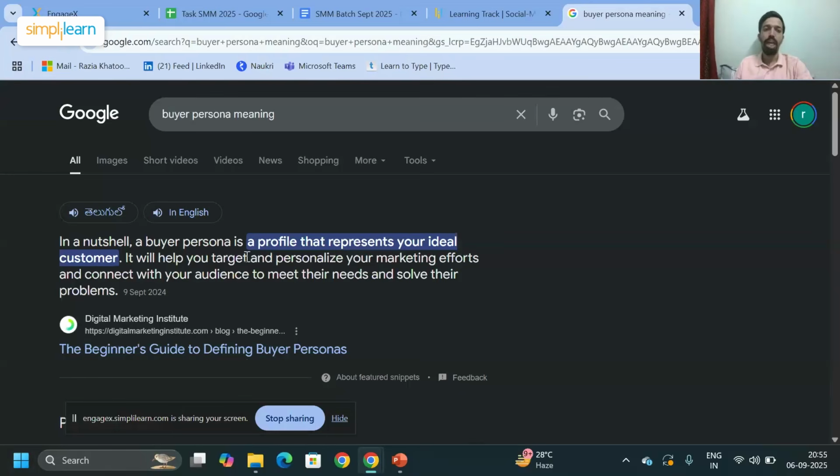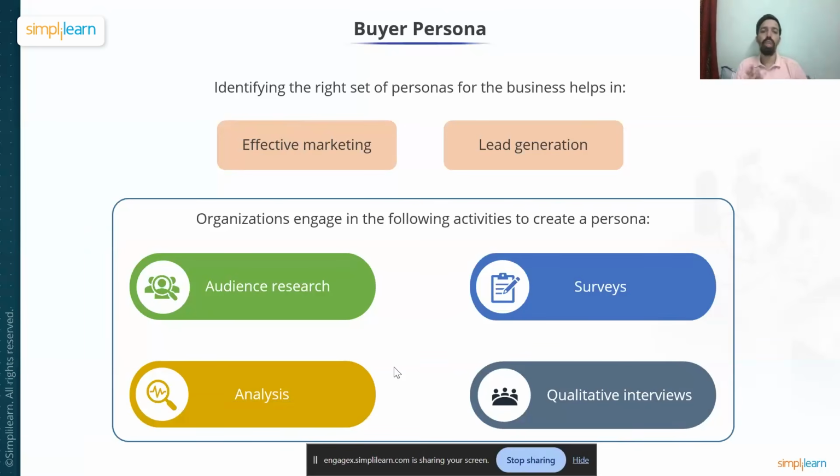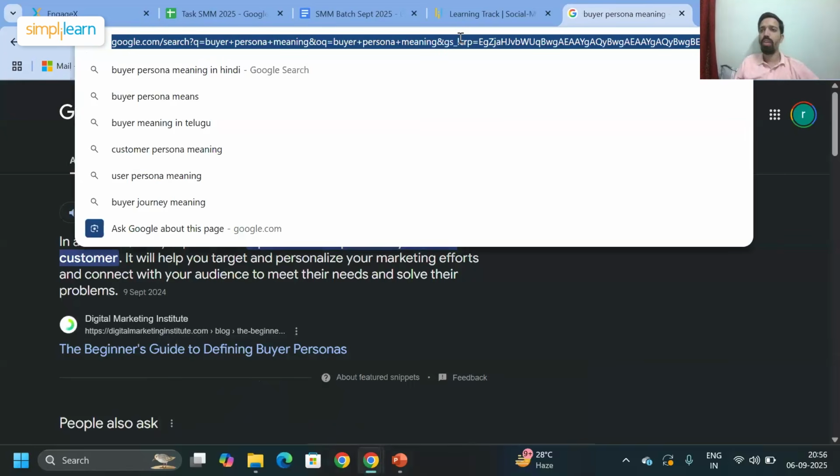Identifying the right set of persons for your business. Now what you need to do is audience research. Audience research is very important. You can do it either with surveys, or with analysis, or maybe interviews. But there is a very good platform that we have on the internet. The name of that particular platform is